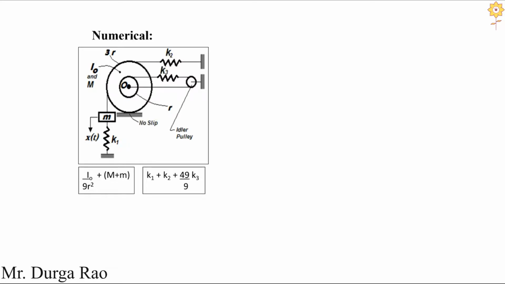In this example, we have a step rotor of small radius r and capital radius, that is a bigger radius, 3r, and the mass is given to us as capital M, and the mass moment of inertia is I about the O axis, and it is rolling over a flat surface where there is no slip between the two surfaces, and we have a block of mass m moving with a displacement x, and there are some springs